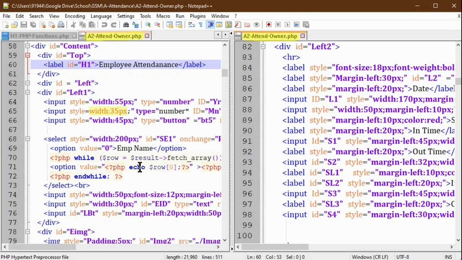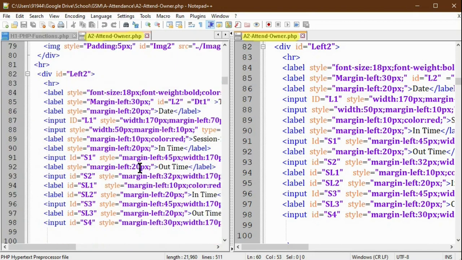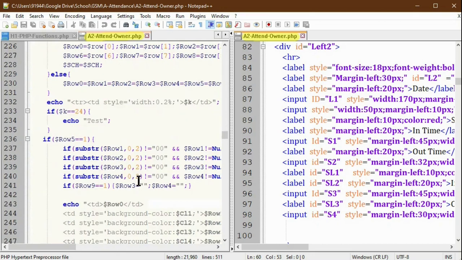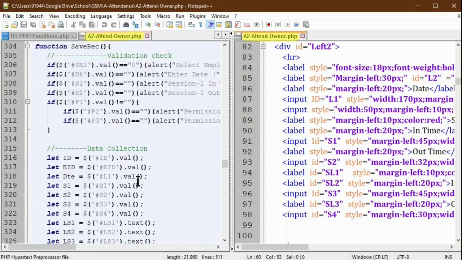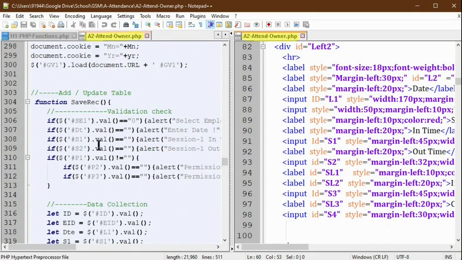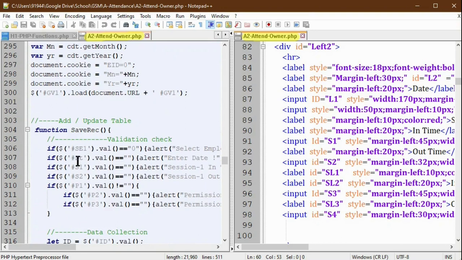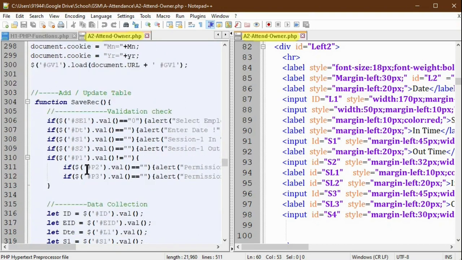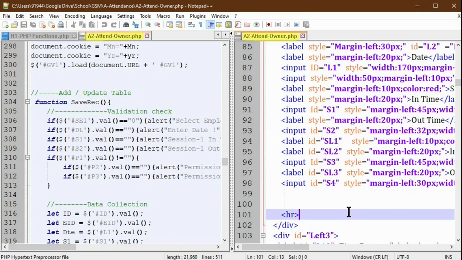The main advantage of cloning the file is this: suppose I have a function here. In the function I have referred to a lot of input boxes to collect the data. So here I want to see S1 and S2, and what S1 means. Then I have to select the right hand side window, and position on the input box S1.